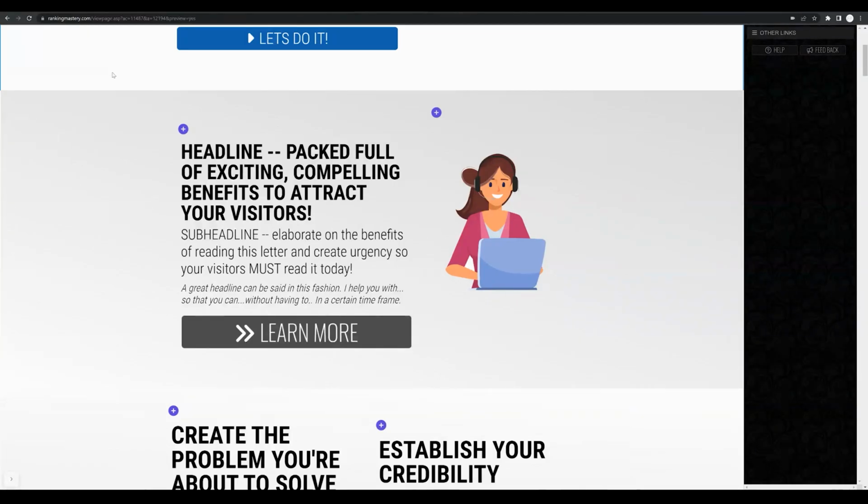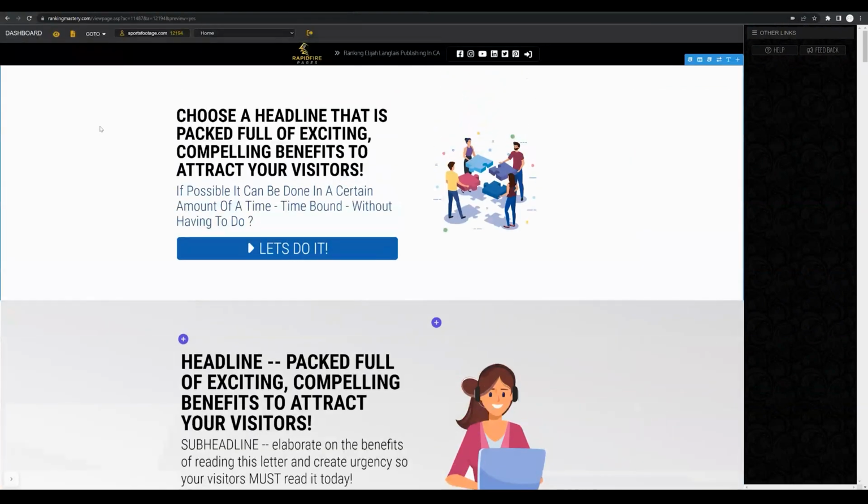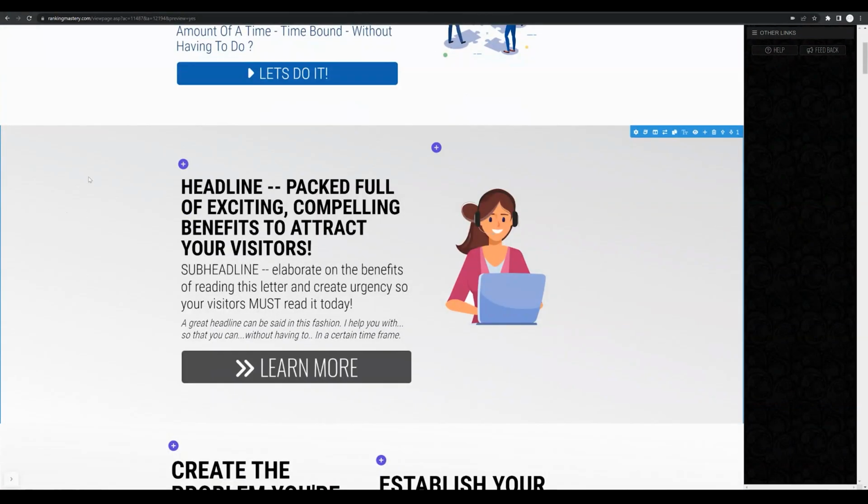In this video, you're going to learn how to add gradients to backgrounds of various sections on your website pages. As you can see, the background color of the top section is white, and the background of this second section is a light gray. I'm going to show you how you can use gradients to change and customize the design